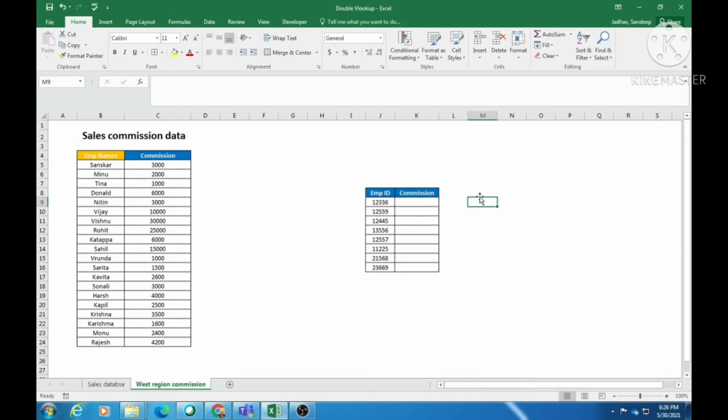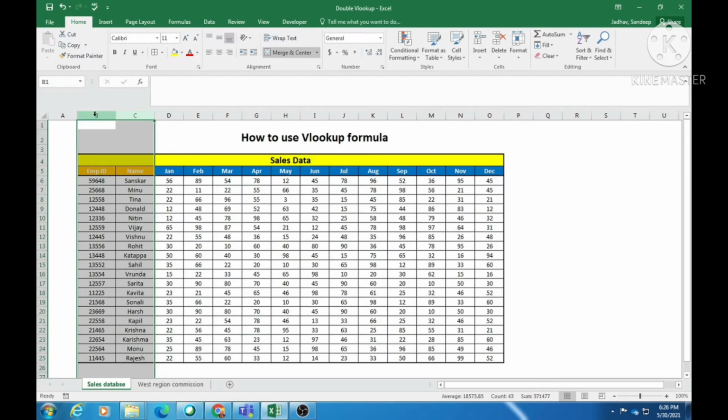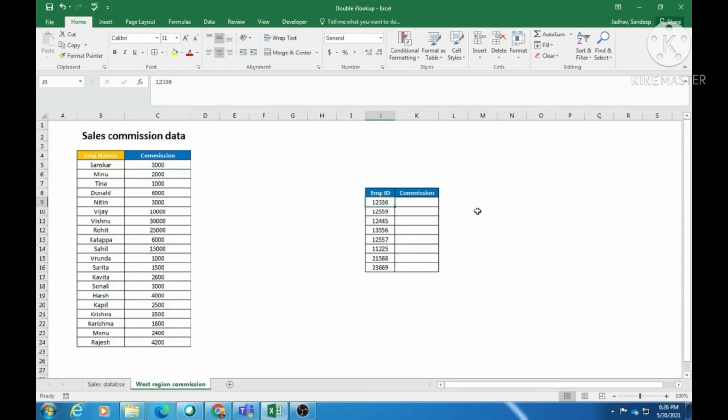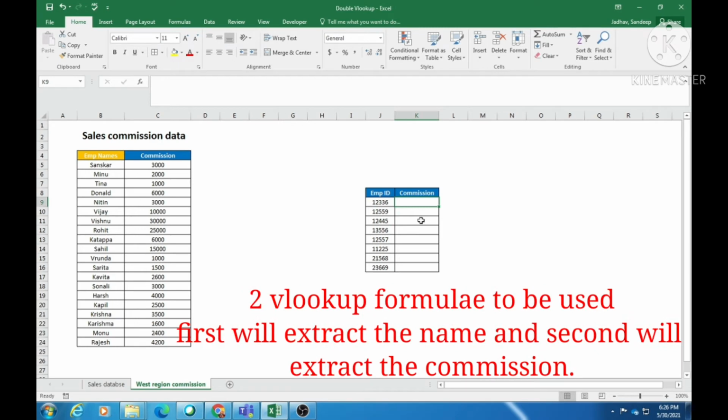For example, in this separate column we can extract the corresponding employee name for these employee IDs from this database in this cell, and once we get the names of these corresponding employee IDs in this cell, we can use this name as a lookup value to extract the commission from this database. But that will be time consuming, and as a smart data analyst we should know how to use the double VLOOKUP formula in this case. So let us go ahead and learn how to use the double VLOOKUP formula.